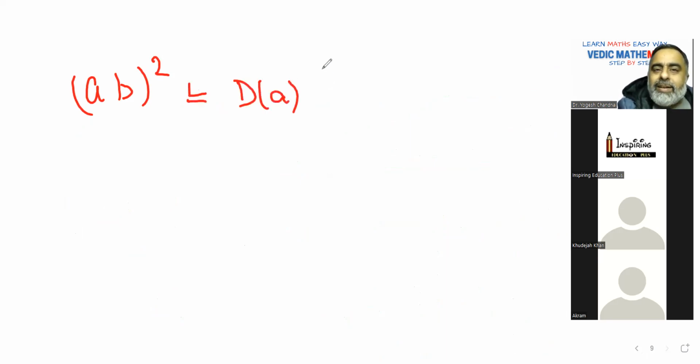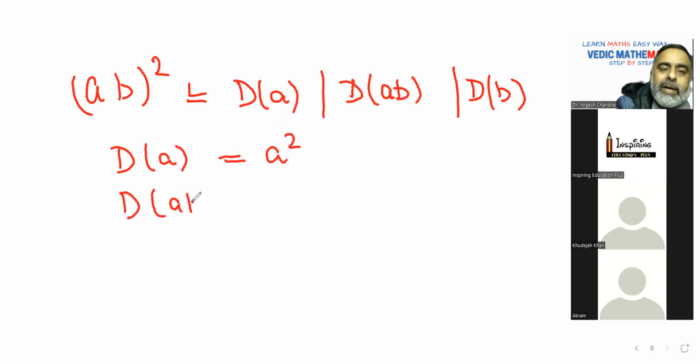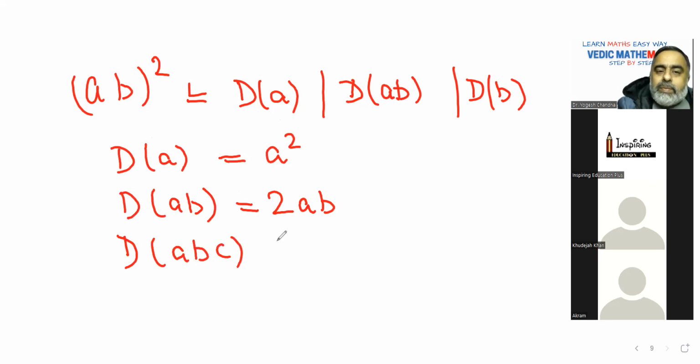Yes, sir. Now I have written A, B. So my requirement is the square of this, and I gave you this is sum of duplexes. But again, you don't know what duplexes are now. So what is the value of duplexes? What does this mean? D of this and D of that. Now, the value, I'll explain you. Duplex of any single number is the square of that number. Duplex of any double number is 2AB. Duplex of 3 digits is